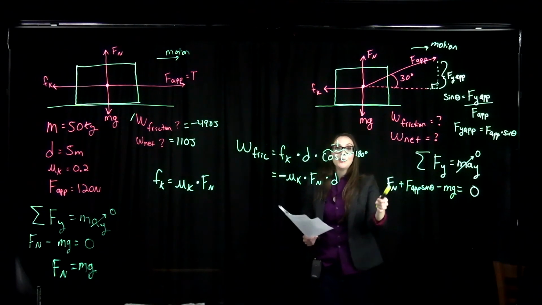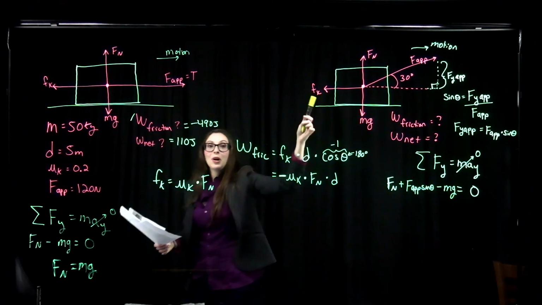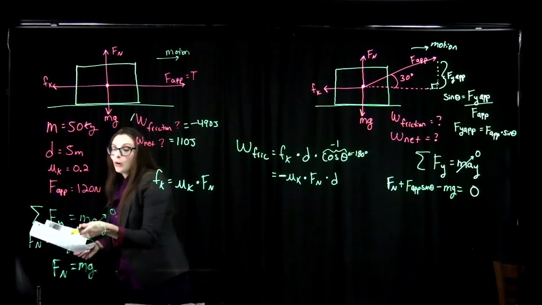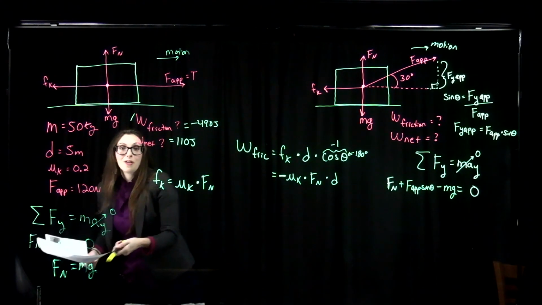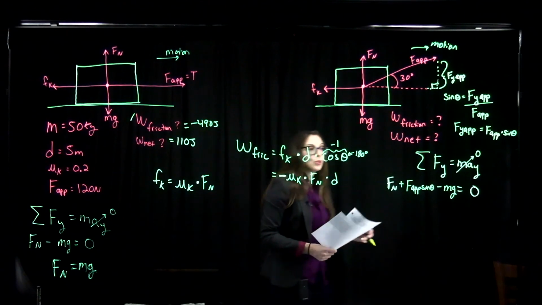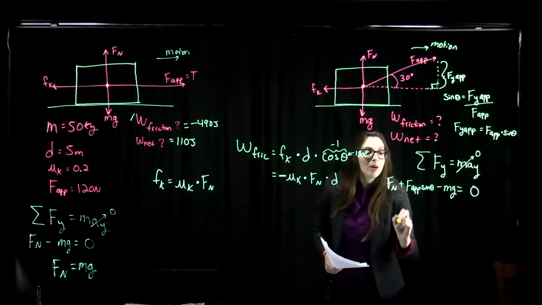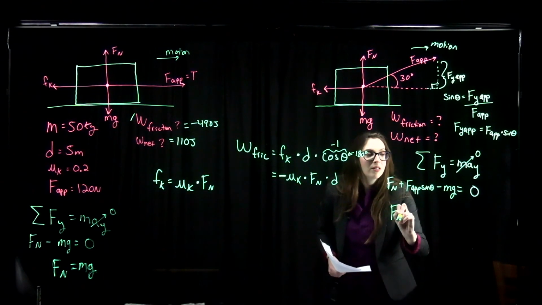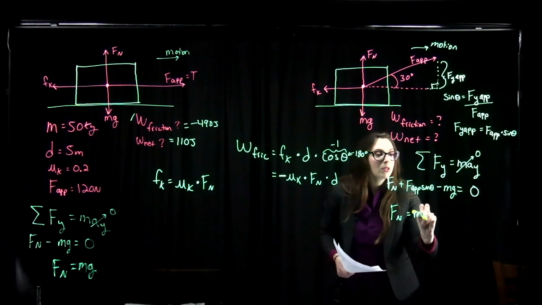The normal force for this problem is much more complicated than the normal force was for our first problem. If we solve for the normal force, it is equal to mass times gravity,